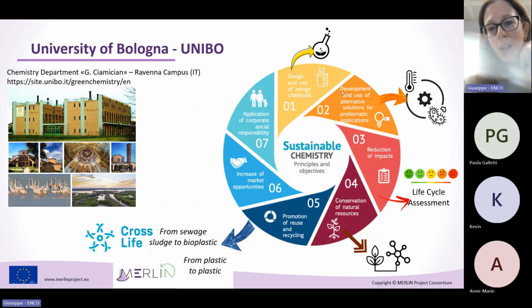For example, we try to develop new processes by using and designing benign chemicals, like, for example, green solvents. We try to combine different approaches and technologies for facing challenges in the field of sustainable chemistry, like, for example, microbial technologies and thermochemical technologies. We try to reduce the impacts of our processes by taking into account each phase of the process, through tools like life cycle assessment. We try to reduce the use of natural resources, or we try to produce chemicals and polymers that are not dangerous for the environment. And lastly, we try to develop processes that make use of waste in the framework of